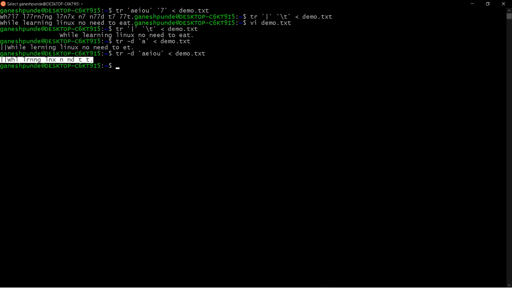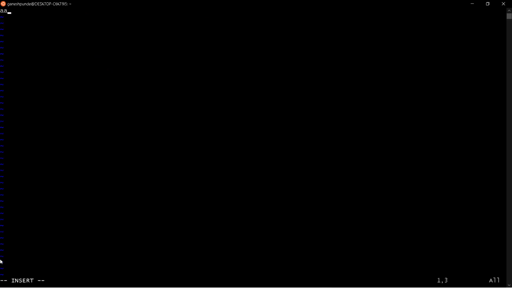Now let's say I want to replace a sequence of a's with a single a, right? So let me create the file demo111.txt, and in this I'm adding some data, and I'm saving this file.